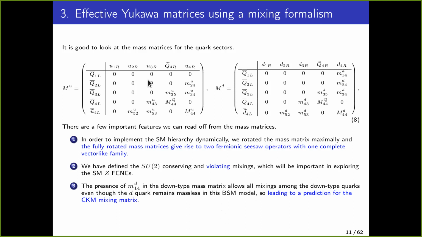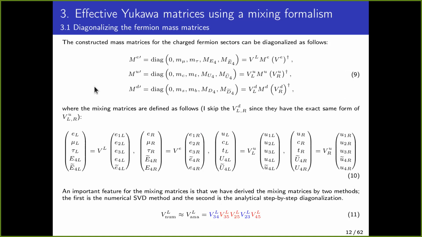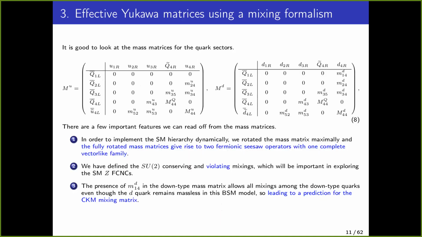So this first-generation quark is the only massless one? In our model, only the first generation remains massless. For the charged lepton, the up-type quarks and the down-type quarks, all of the first generation remains massless. Sorry? But that's not very good phenomenologically. Yes, I understand. But now the first generations is